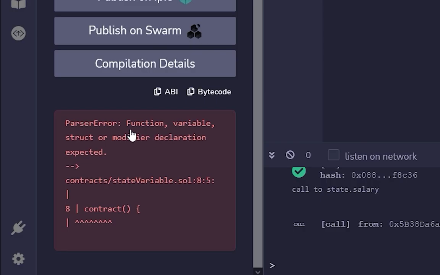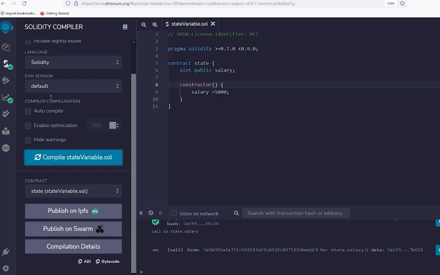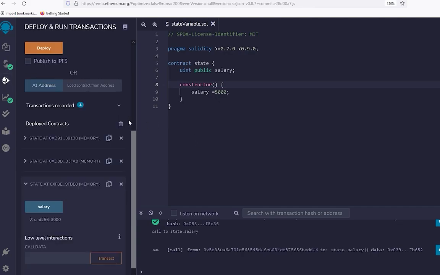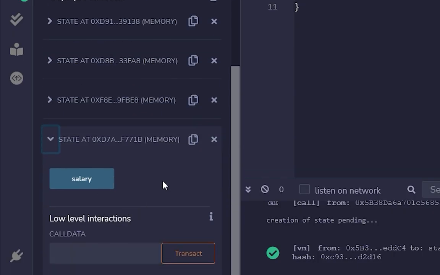There is an error, function, variable, struct or modifier. Oh, my mistake, I typed contract again, but that's not contract but constructor. Sorry about that, it's my bad. And again compile it, and now that's great. Then again move to the deploy and run transactions, close this one, deploy it. The fourth instance is